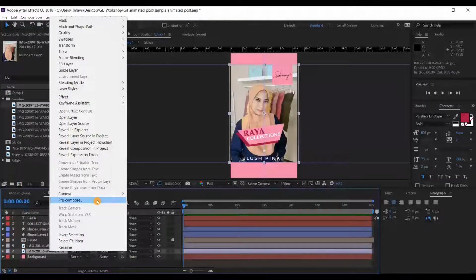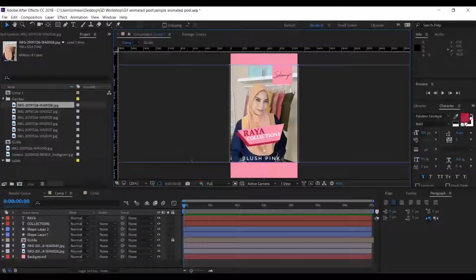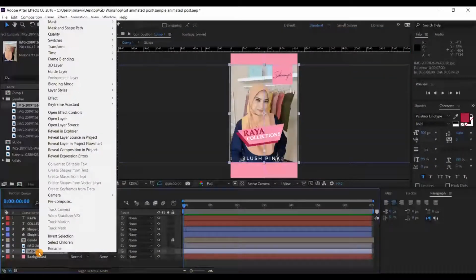The meaning of pre-compose is that we make it a different composition where we can create animation inside the different composition without disturbing our main composition. So this is our main composition, COM1. We're going to create another composition for the picture.